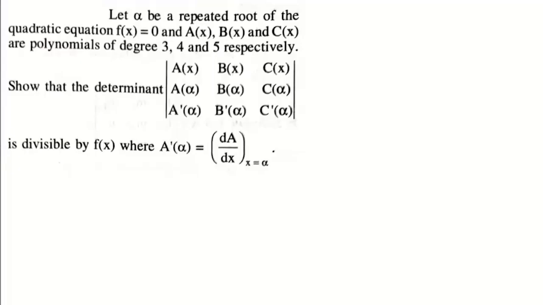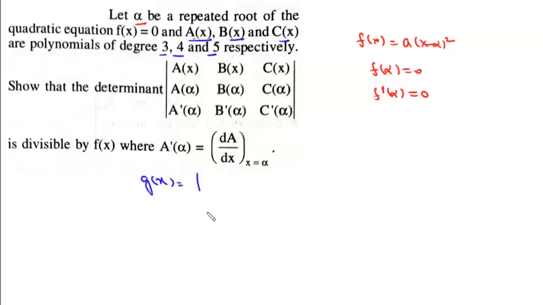Now here the question is, let alpha be the repeated root of quadratic equation f(x) equals 0. So we can write this f(x) as some a into (x minus alpha) square. Now if alpha is a repeated root of f(x), we know that f(alpha) is 0 and f dash alpha is 0. Now we are given 3 polynomials of degree 3, 4 and 5, which are expressed as a(x), b(x) and c(x). Now let us take this as some g(x), and it is given by this determinant